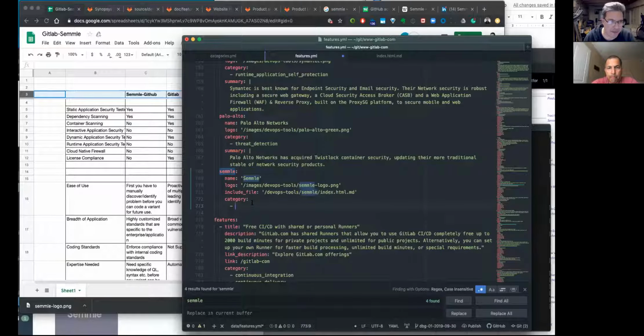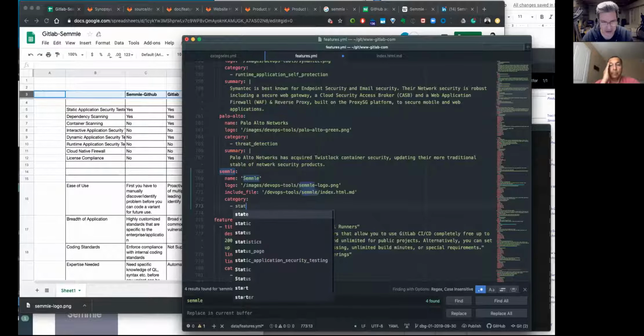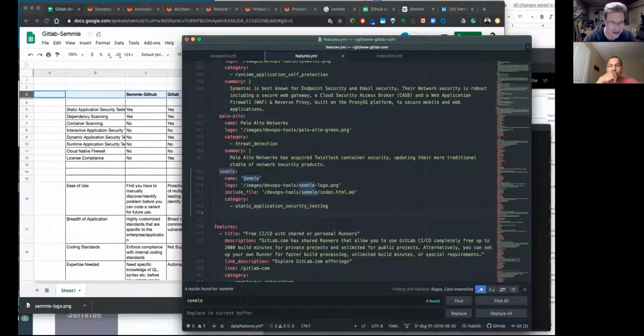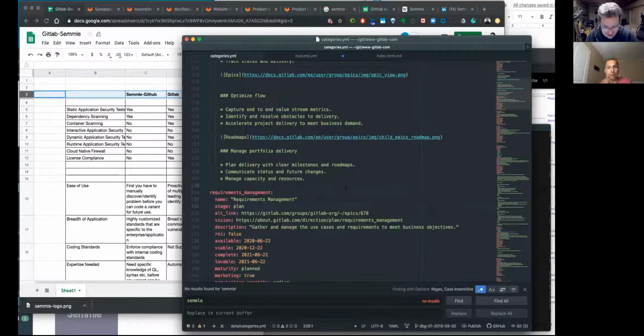Okay, here we go. So, categories. Static application security testing. So what's nice here is this automatic will go look and see. Nice. So that's because you indent off of category, it basically creates a drop-down list. I think it's searching through what other dash static whatever I have in this file. I don't know exactly where it's referencing from. But I do know that categories. You don't have to figure out what's the exact name and whatnot, right? So right. Although in fairness,